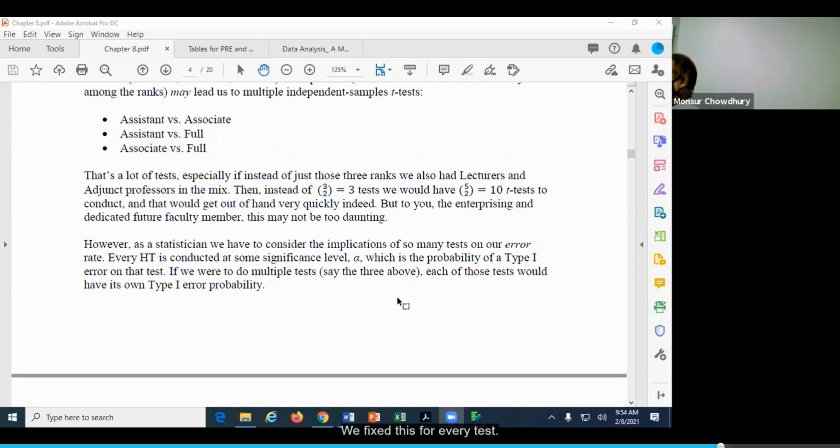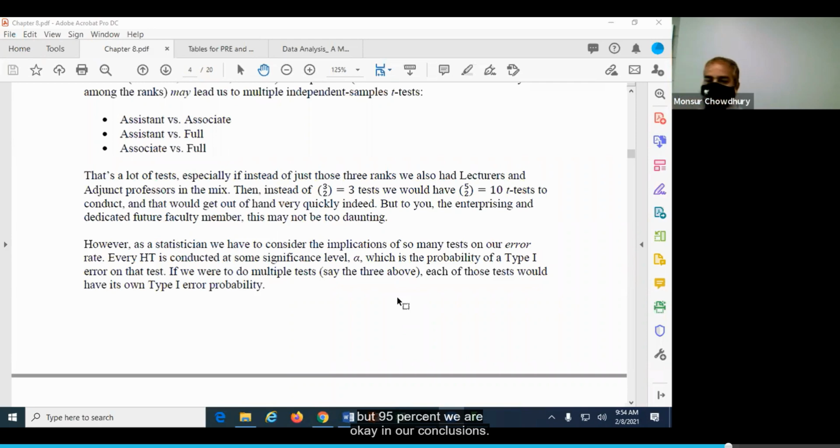We fixed it for every test. That's the important thing: for every test we fix a 5% chance that we can make a wrong decision, that is, when the null hypothesis is really true, but we are rejecting it. So this is a wrong decision. We say that maximum we allow 5% wrong decisions, but 95% we are okay in our conclusions.